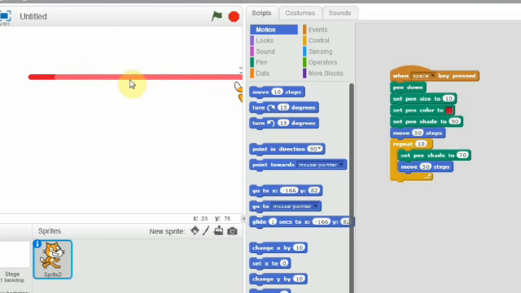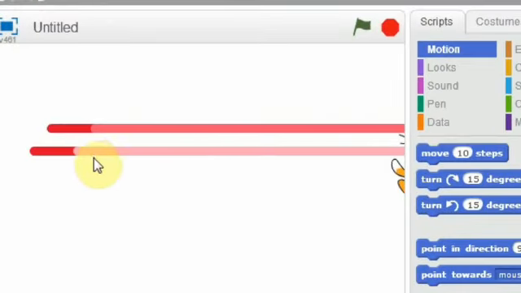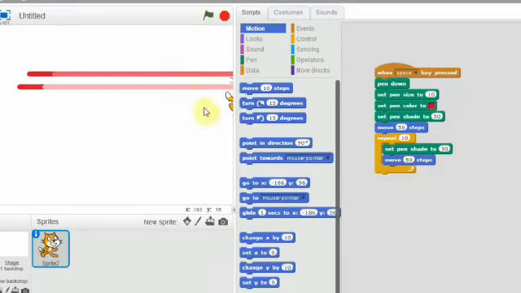Next, I am going to show one more example. I am going to change the value to 90. Students, see the stage. Now can you understand? Yes? Okay.